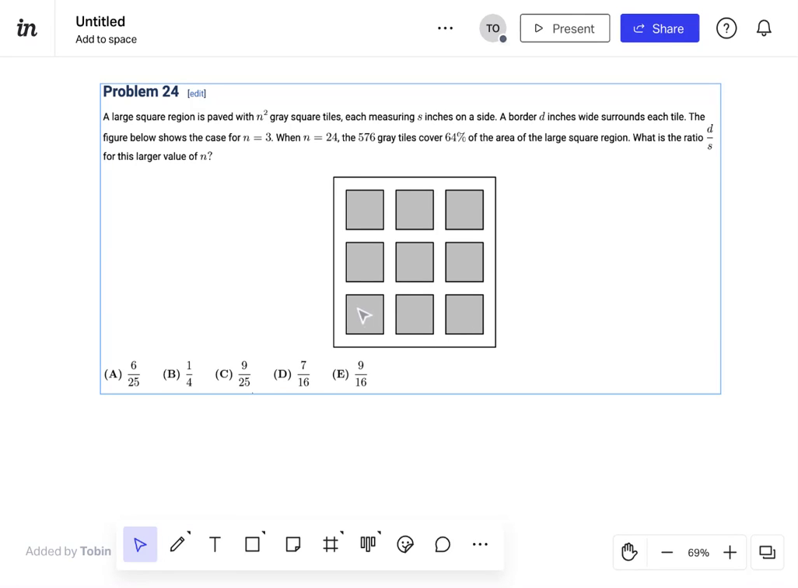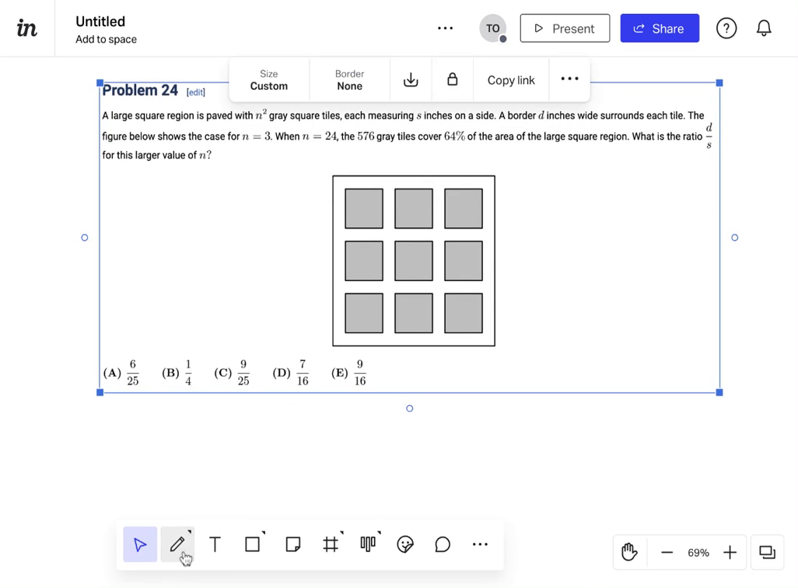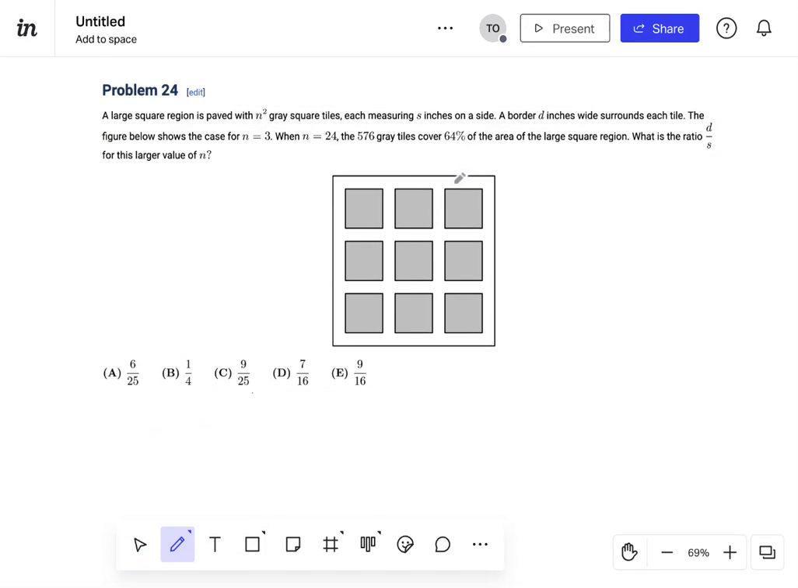Okay, so I'm going to show you. The ratio d over s is basically the ratio of this border, the border from here to here. So that's d, and this is s. But instead of only 9 tiles, n is equal to 24, which means